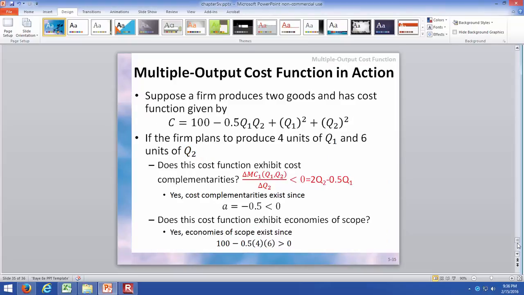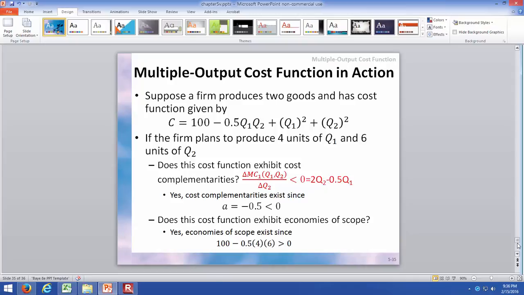So let's look at this example here. Multiple output cost function in action. Suppose a firm produces two goods and has a cost function given by C equals 100 minus 0.5 Q1 Q2 plus Q1 squared plus Q2 squared. If the firm plans to produce 4 units of Q1 and 6 units of Q2, does this cost function exhibit cost complementarities? When we say we have cost complementarities, we say that when the marginal cost of